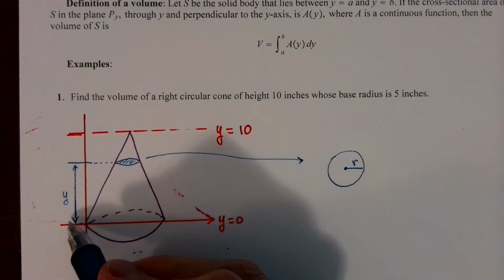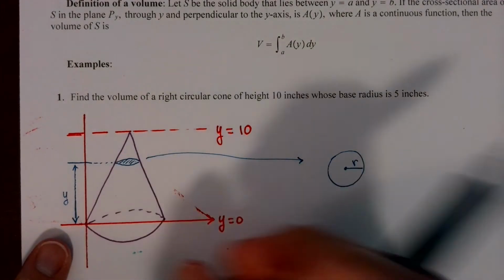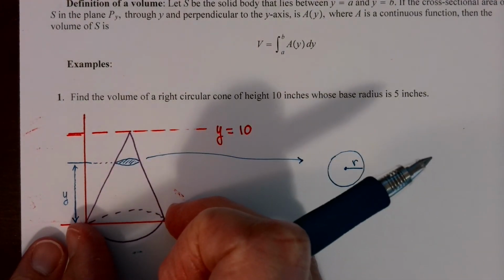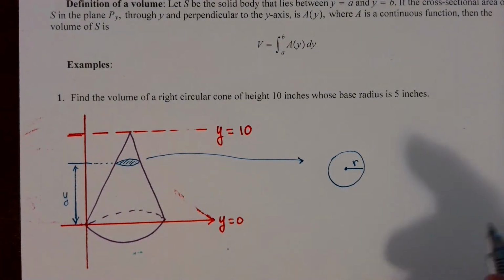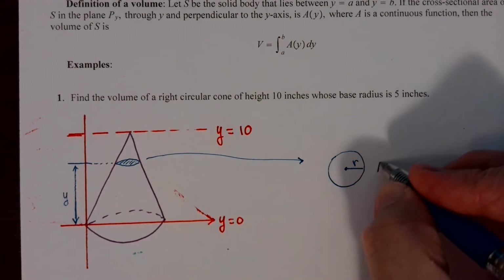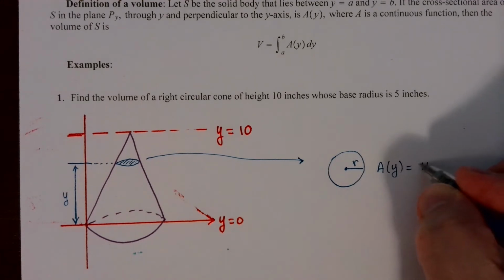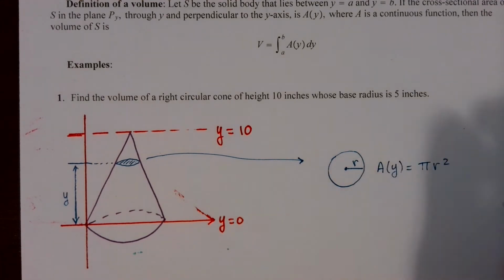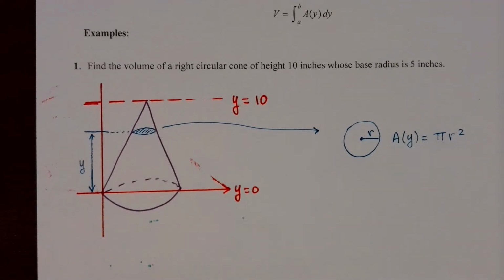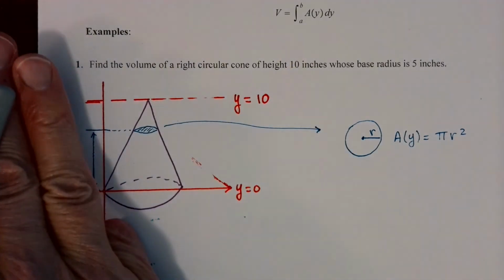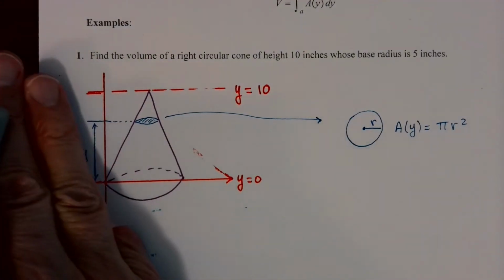And obviously as y moves up and down, that circle is getting bigger or smaller, right? At the bottom it's big, and at the top it's small. And so what's the area of this? It is equal to pi times r squared. So I need to figure out what r is as a function of y. So how can I do that? Well, I'm going to look at another intersection of another plane. This was a horizontal plane. Now I'm going to come across with a vertical plane that will cut this